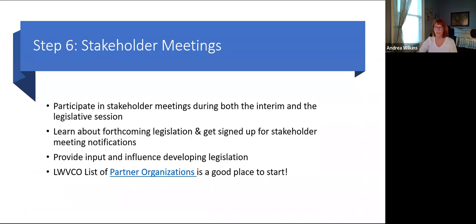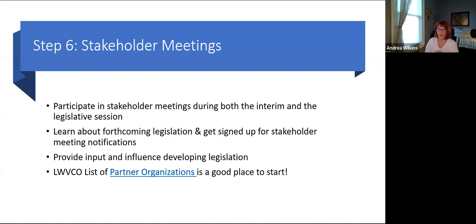Okay, moving on to the next slide. I want to say a little bit about participation in stakeholder meetings. I know many of you do this, but I want to call it out for those who might be completely new to the LAC or are newer and are still learning an issue area. Stakeholder meetings are a great place to get more information around your issue area, your topic. By attending these meetings, you can stay tuned into emerging issues,